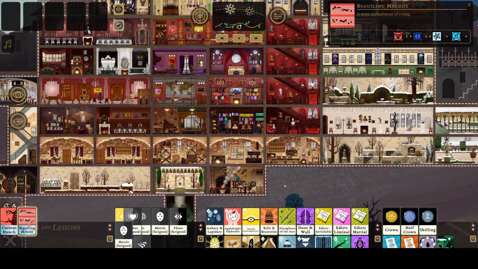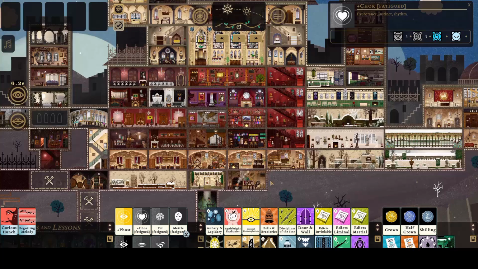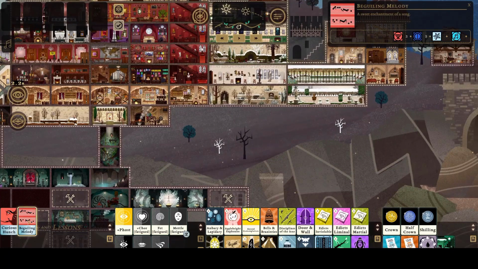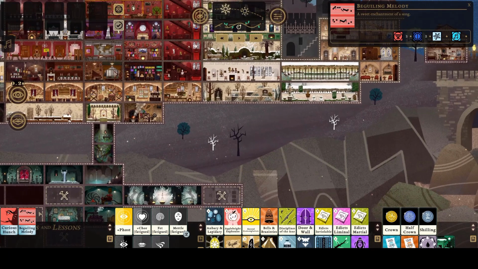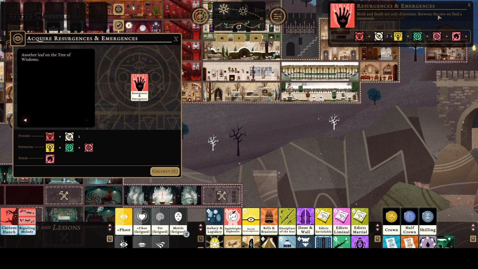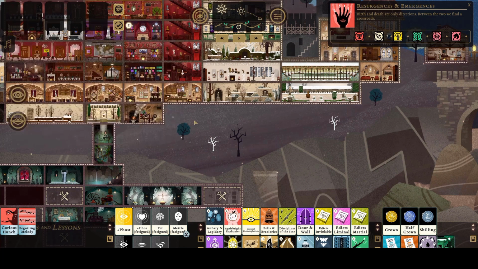Beguiling memory. Put chore back together. What could we make? Don't know, but it'd be interesting to find out. Grab Beguiling, do this one. Remembrance and Insurgences. Birth and death are only directions. Between them we find crossroads. I mean, might be able to use them against infestation, so definitely have to tackle that at some point. Alright, so